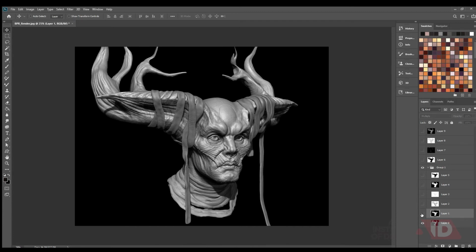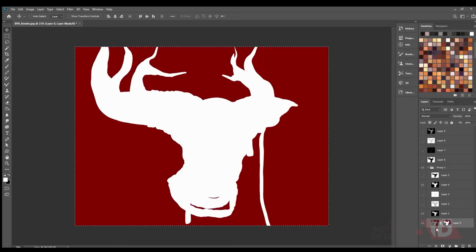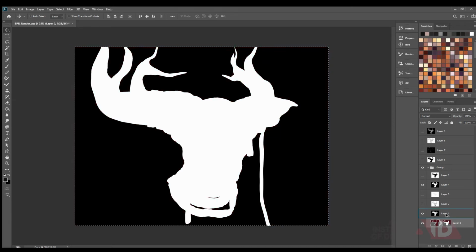And for mask, I'll copy it, then apply a mask and paste my mask, drag drop. This mask is not required anymore.